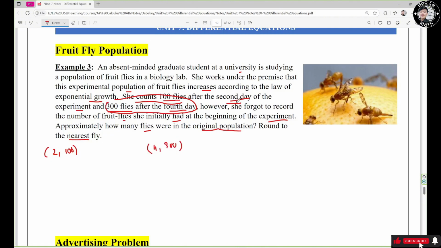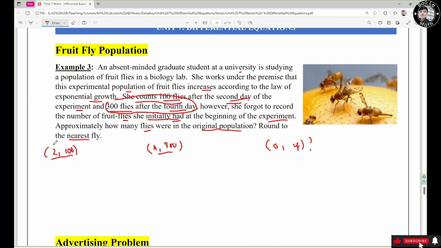She forgot to record the number of fruit flies she initially had, which means 0, y. Now we need to use the first two ordered pairs right here to solve for c and k,